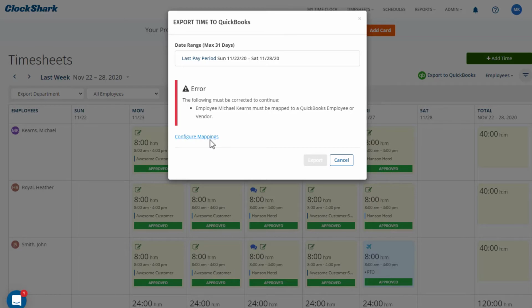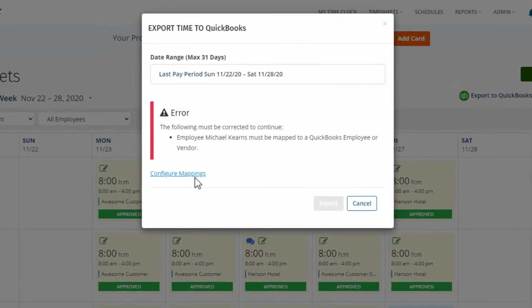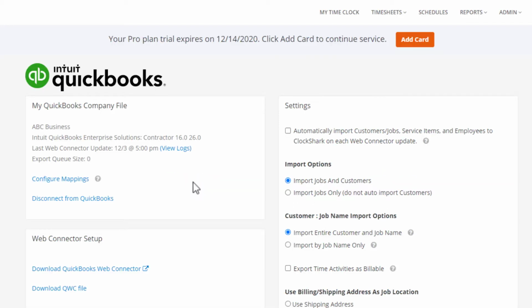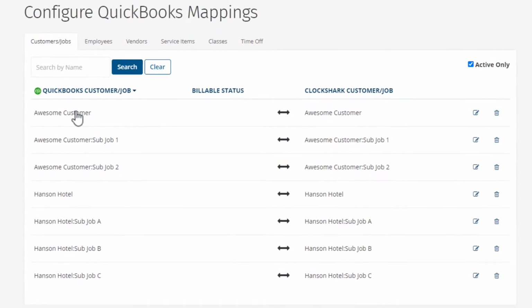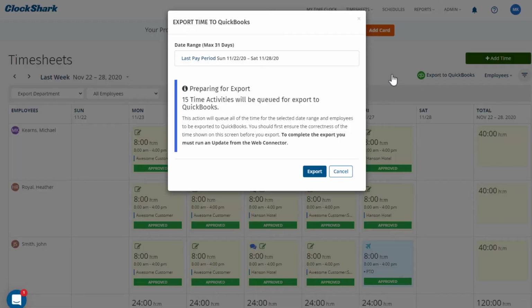If something is not mapped and you want or need it to be, hit the Configure Mappings button on the bottom left to get back to the QuickBooks Integration Settings page, and then select Configure Mappings to get to the Mappings tab. If you don't have any red error messages and you've already selected the correct date range, hit the